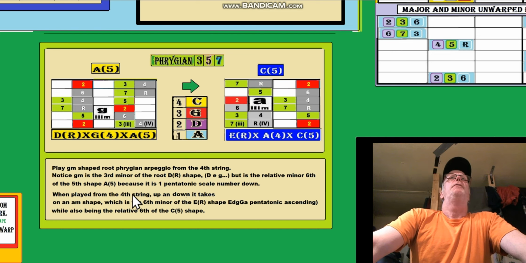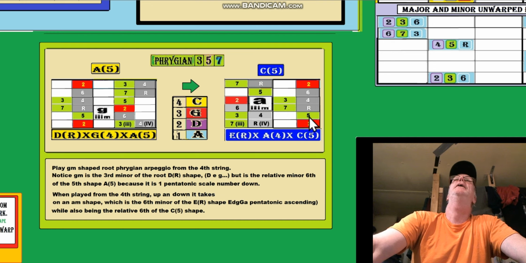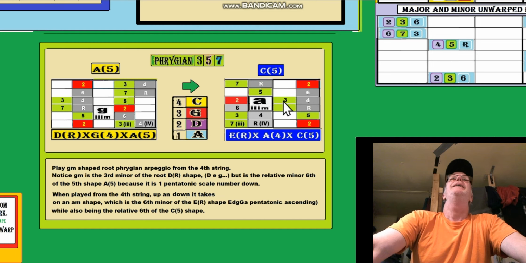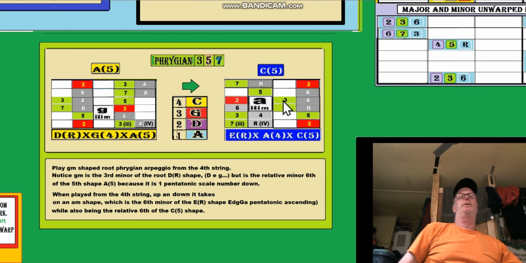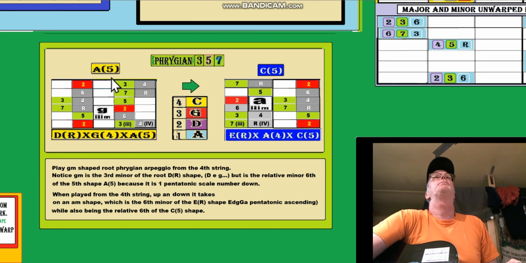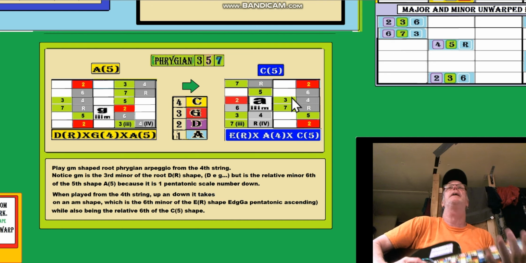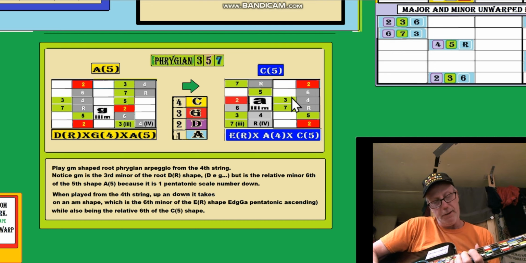When played from the 4th string up and down, we didn't do that. We didn't play the 4th string up and down. We went this, and then we kind of looked at it and said, I cheated and I said, well, it's got to be a C shape. Instead of actually playing the minor, I just played the A. I just played the A from there, but this whole study is supposed to be playing the minor. So it would be something like,